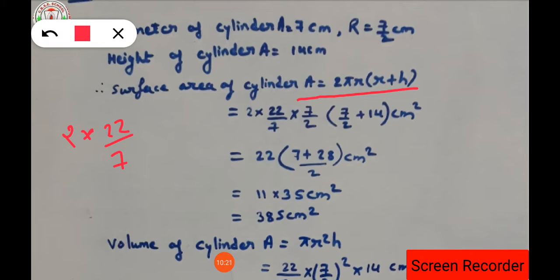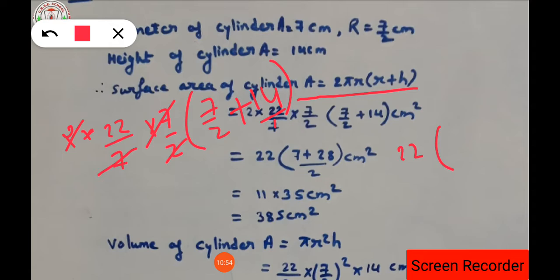But here we are going to use 22 by 7 into r value is 7 by 2 into 7 by 2 plus 14. This is the answer. This is the values of the required question, isn't it? Now 7 and 7 will get cancelled here, 2 and 2 will get cancelled from the question itself. Here 14 is having the denominator 1, so taking the LCM of 2 and 1 will be 2 itself, isn't it? So what is left outside the bracket, that is 22 into 7 plus LCM will be 2 itself.